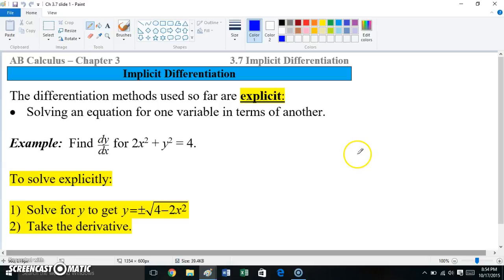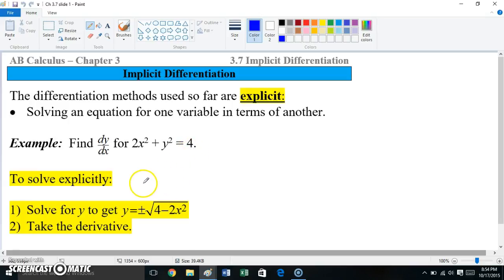In this video, we're going to take a look at implicit differentiation. Up until now, you have found derivatives of functions where, for example, you've solved for y in terms of x, and so you've found dy dx. Sometimes it's not convenient to solve for y, and we'll take a look at that. But in this example, 2x squared plus y squared equals 4, if we wanted to find the derivative, we would